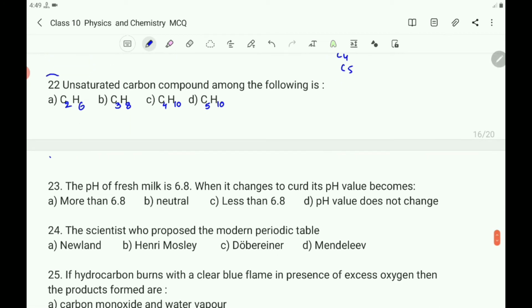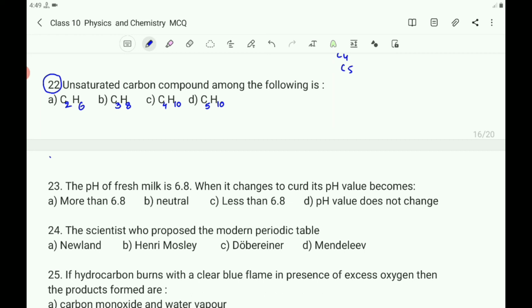Next let us take question number 72. Unsaturated carbon compound among the following. You know the alkanes, methane, ethane, propane, butane, all these are saturated carbon compounds. But alkenes and alkynes are the unsaturated